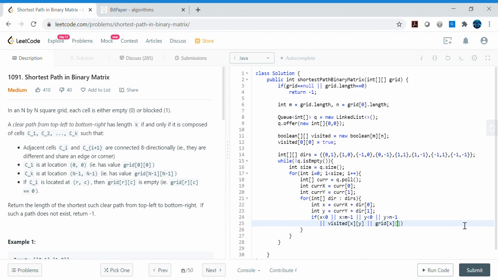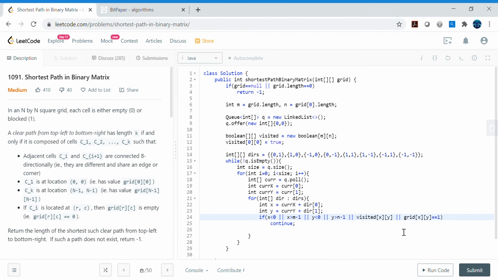So these are the opposite conditions. If these conditions meet, then we are continuing, meaning we will not be executing any code here after continue, right? So it will check for the next direction. Okay, so let me try to format this a little bit for better readability. Now it looks better. So continue, and now grid